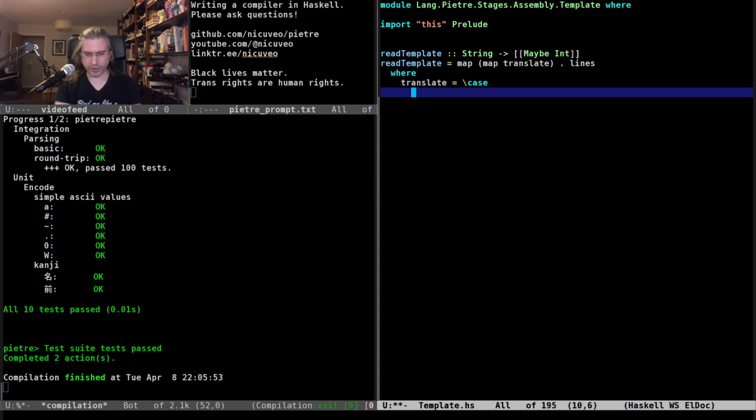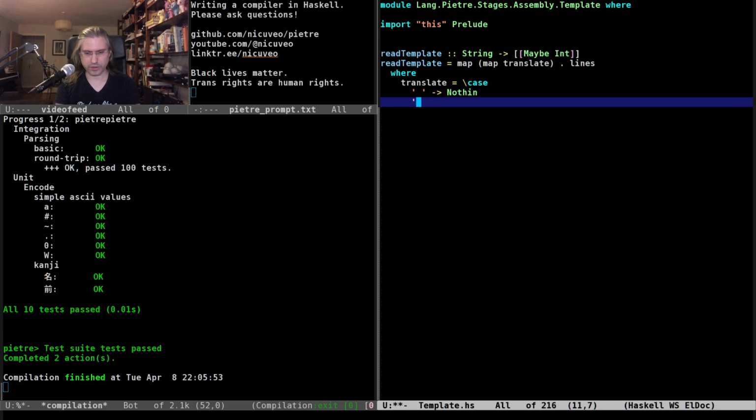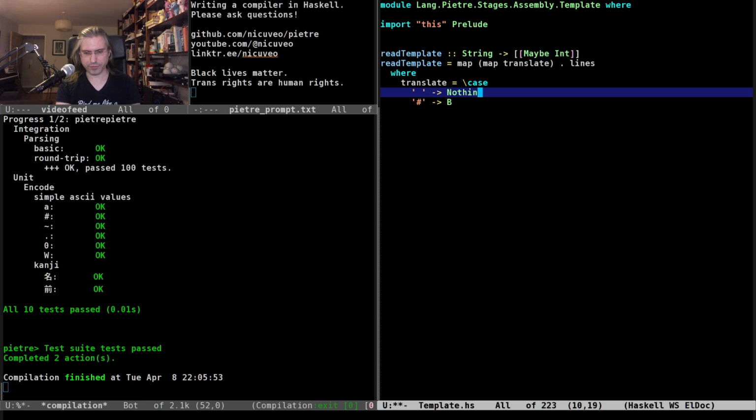If we find space, we return nothing. If we find this, we return... We don't have black in our color, actually. We probably need to have black and white in our enum.